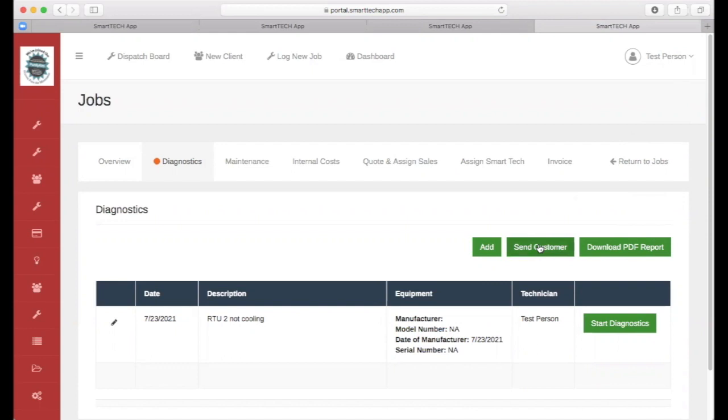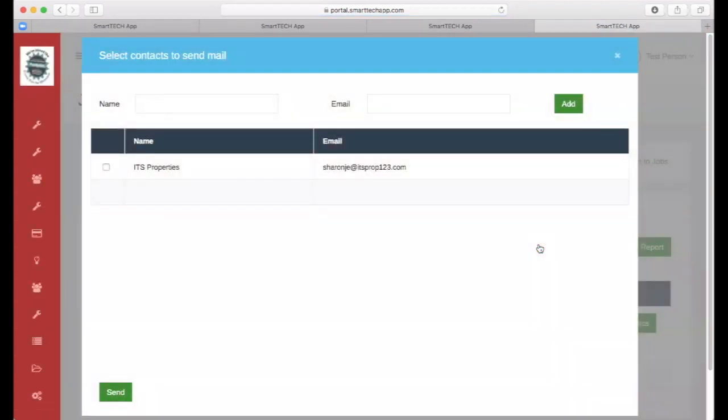And let's hit send customer. And what's going to happen, select contacts to send mail to. And it certainly has ITS Properties. You could send it to Sharon. Let's say that your particular approach is you want the report to come to the office, to the service manager first. Well, then you would set up the service manager, and I'm going to put Dan, service manager,